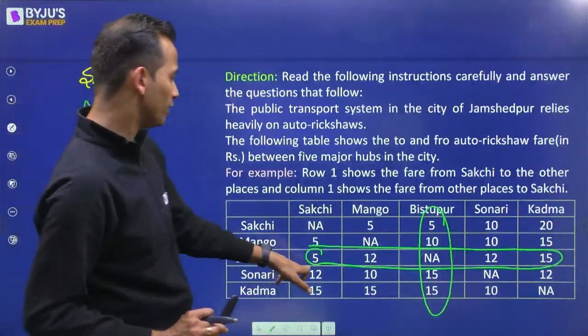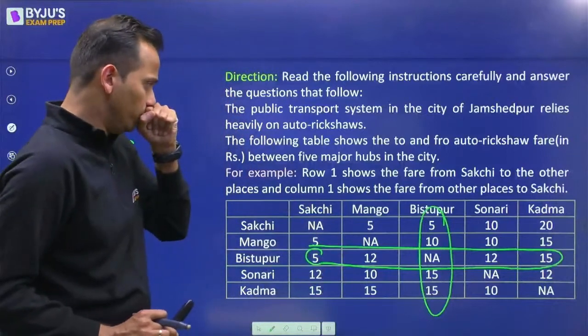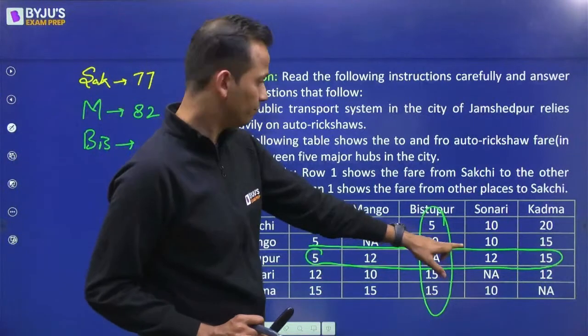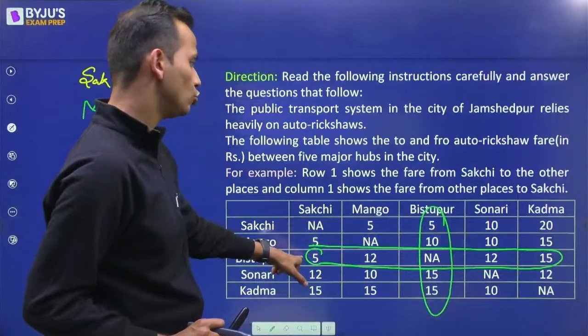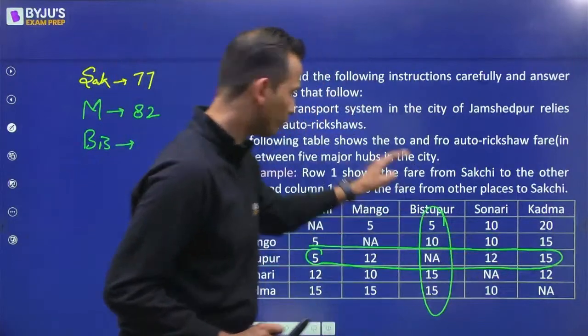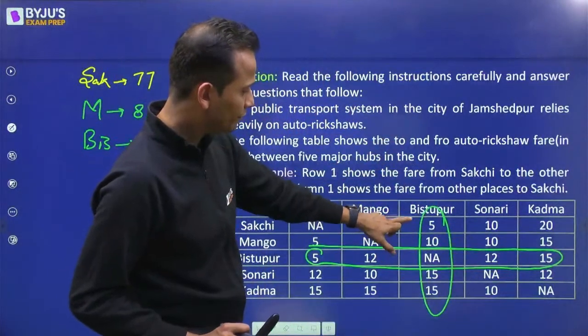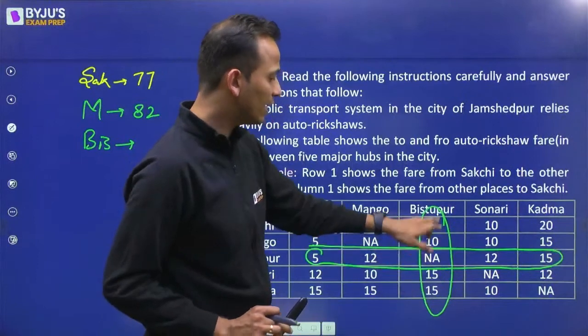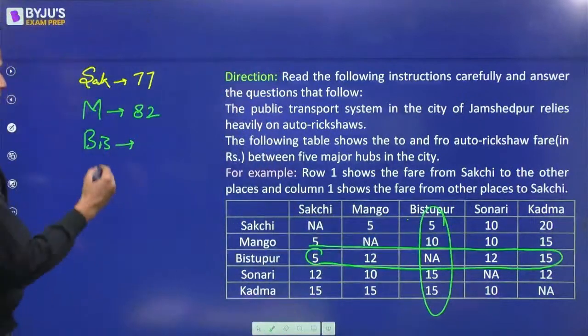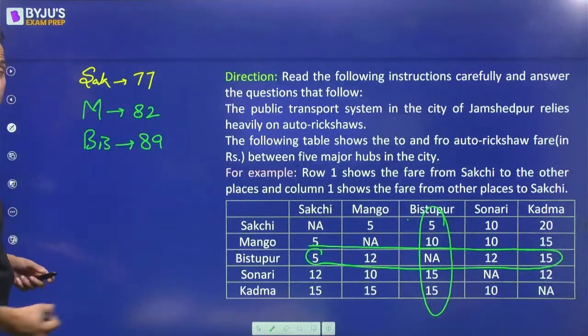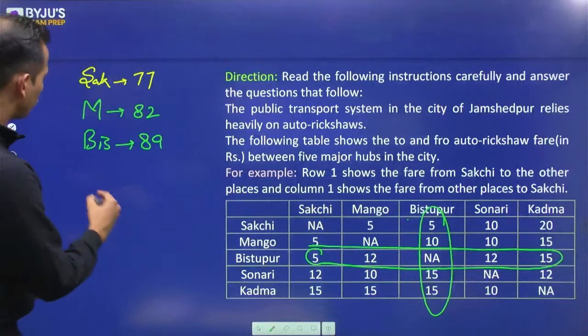So for Bistupur, it will be 12 and 12, 24, 29, 39, 44, 44, 54, 59, 69, 79, 89. I'm getting 89. Perfect. It's matching so far. For Sonari,